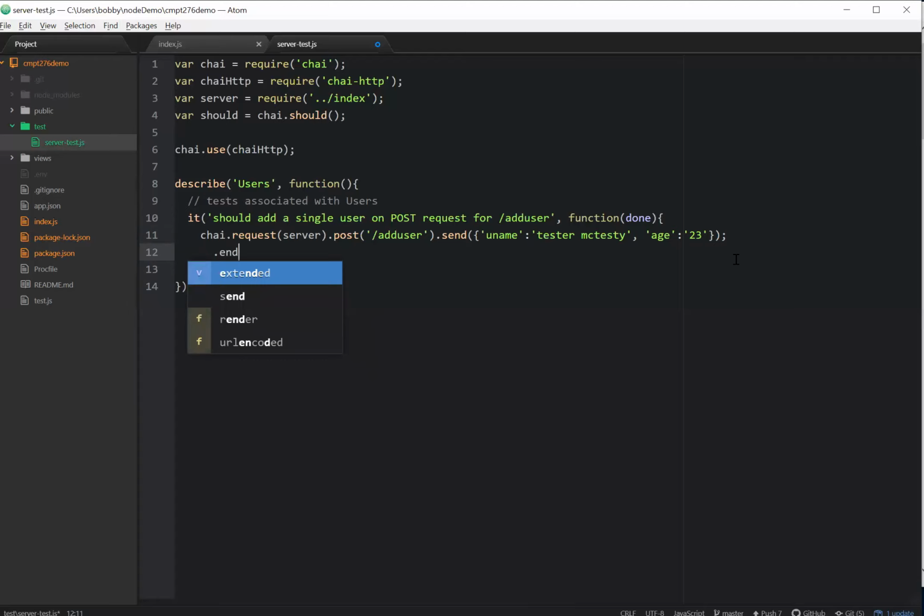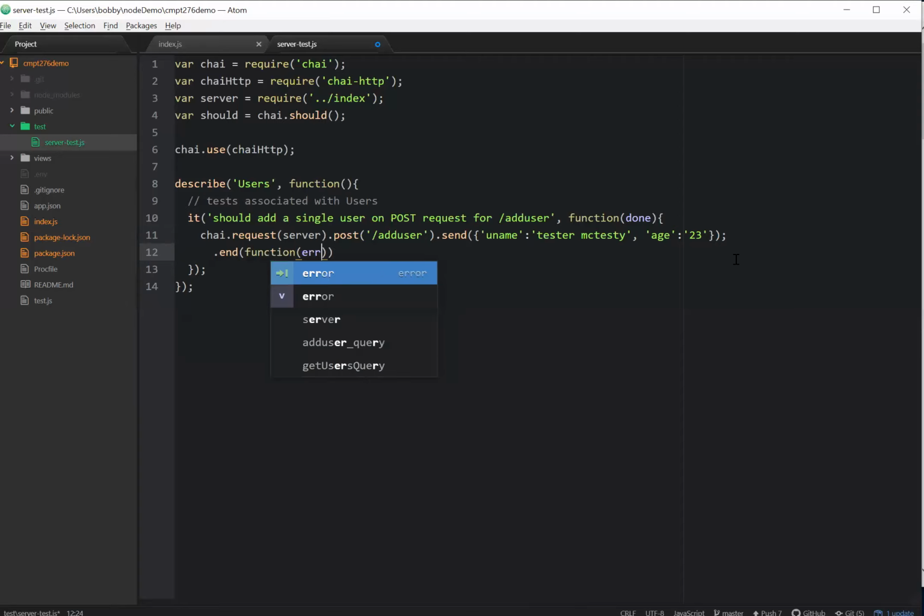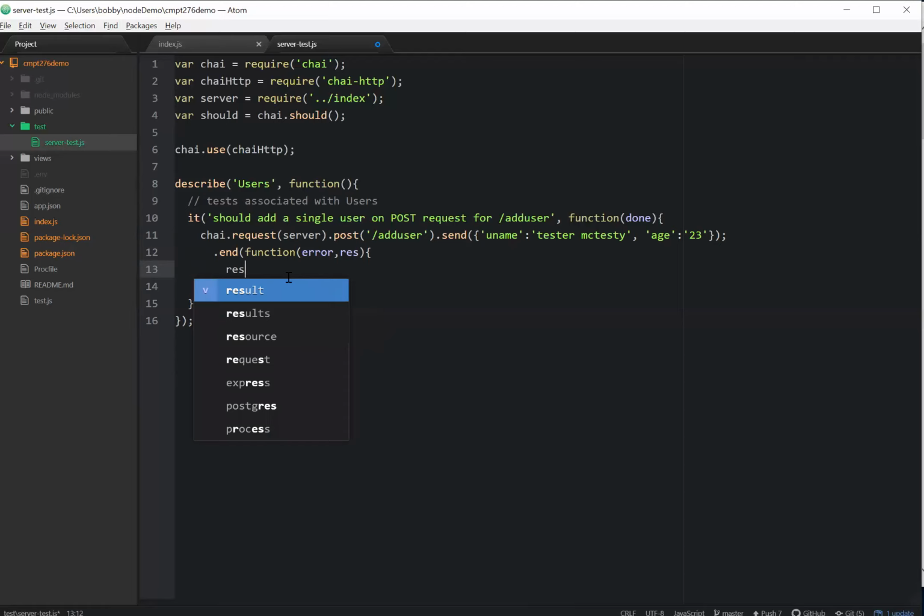When I send this along, I'm going to do a .end. I'm going to end the request, and with the .end there's going to be a callback function that has an error and a response. So there's an error object and a response object. What we have to test at this point is this response object. If there's an error, obviously all of the things we test for are going to be false, and I'm going to show you that in one second. So our response should have status